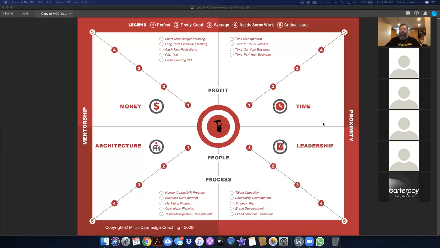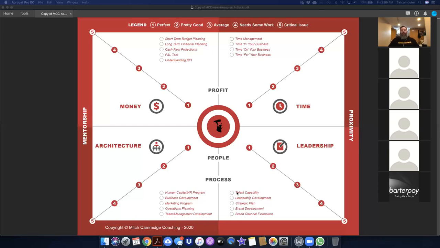And last but certainly not least is the leadership or the measurement component for the business, where we look at assessing talents, or the things that people are good at when they wake up in the morning. The leadership development, in other words, developing those people and developing the talents of senior leaders and business owners so that they get better at the job of taking businesses through challenging times, much like we're facing now.